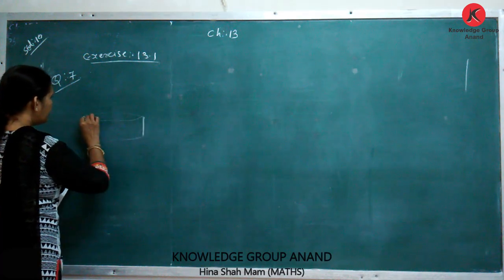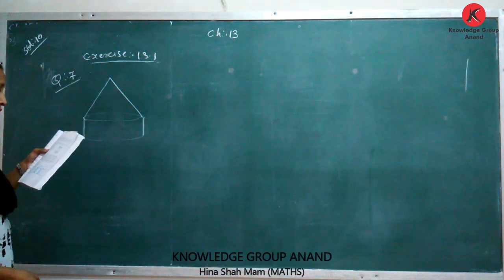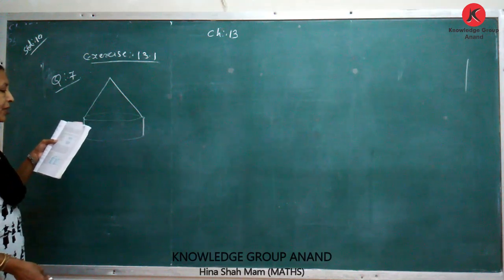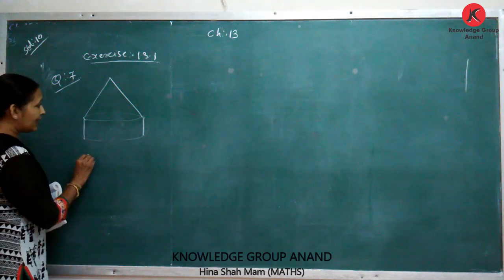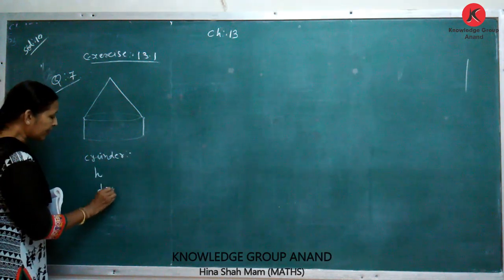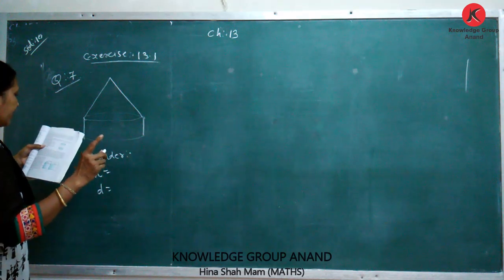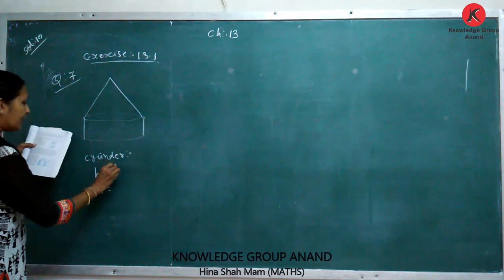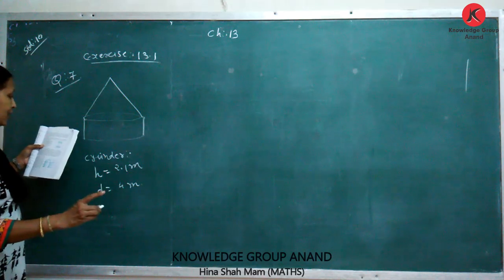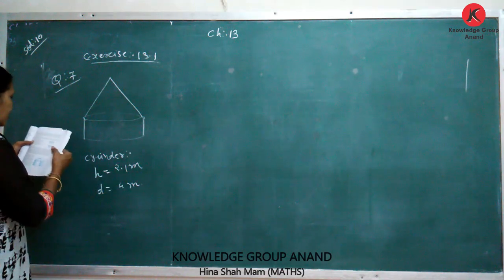A tent is surmounted by a conical top. If the height and diameter of the cylindrical part are 2.1 meter and 4 meter respectively, height is equal to 2.1 meter and diameter is equal to 4 meter respectively. And the slant height of the top is 2.8